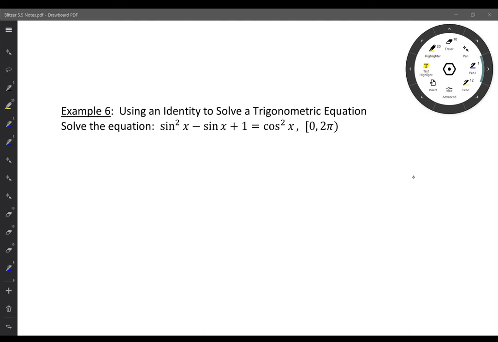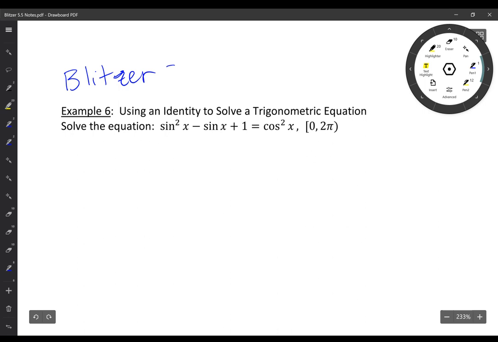So we are still on the Blitzer 5-5 notes. And we're still looking at solving trigonometric equations. And now the last three examples that we're going to do, this is part 2, are using identities to solve trig equations. So on number 6, what I notice right away is that my left-hand side, sine squared x minus